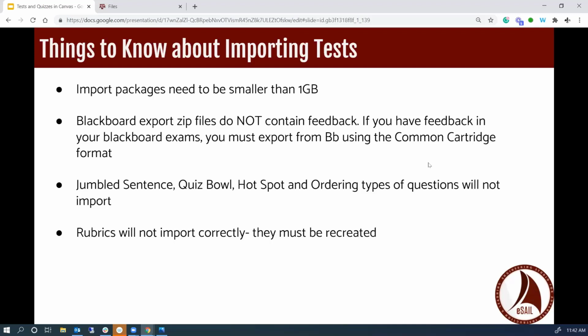And of course, we've mentioned this. Also, if you have rubrics that are attached, the setup, the formatting of rubrics in Canvas is upside down, and so they won't import correctly. You'll need to take the time to just manually create those. And a good solution is just open up the rubric from Blackboard and open up a rubric in Canvas side by side and just copy paste those things into the appropriate space. And that is not a solution I like, but that is the workaround that we have right now.